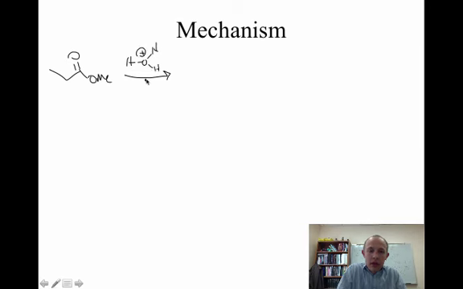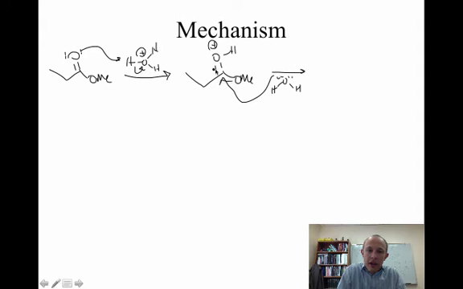And remember, if water is the solvent and we have an acid catalyst, then all protons are going to come from hydronium ion. We protonate the oxygen to activate it towards nucleophilic attack. Water is our nucleophile here. It's the solvent, it's present in a large excess. We get our tetrahedral intermediate,